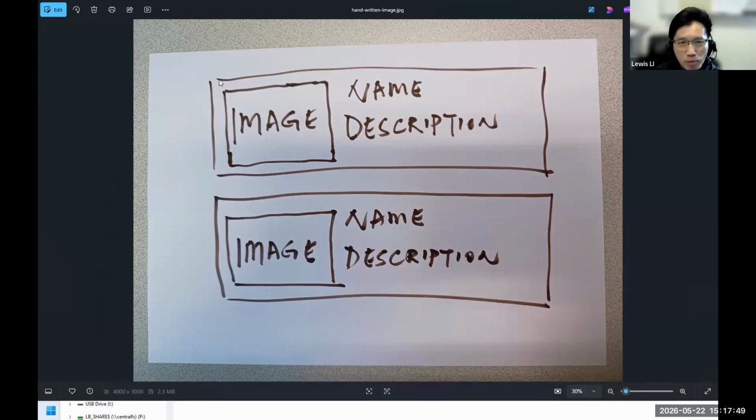I want to create a book list, which has an image, the book cover, and then the name of the book, the title of the book, and also the description of the book. Okay, so this is what I want to do. And I drew this image, and I want Cursor to create a website, a web page, which includes this information in the web page.